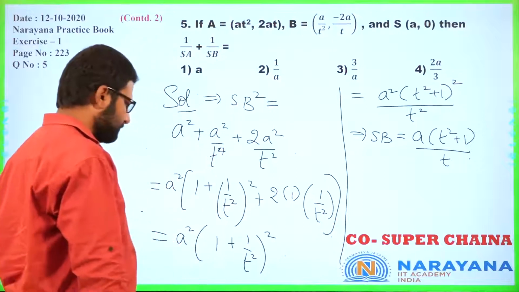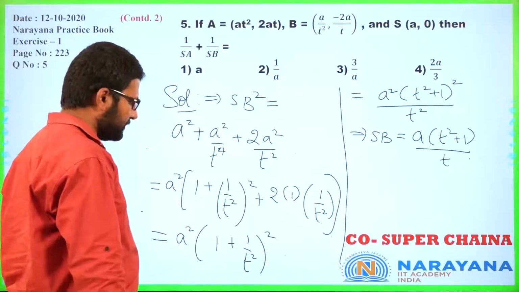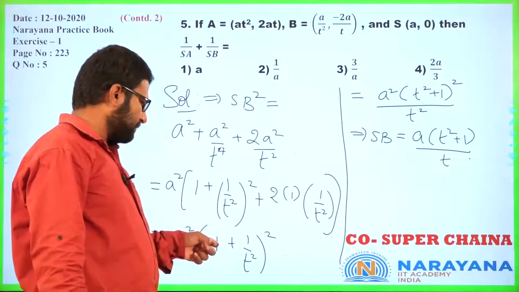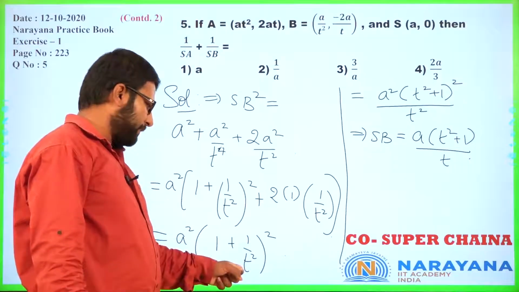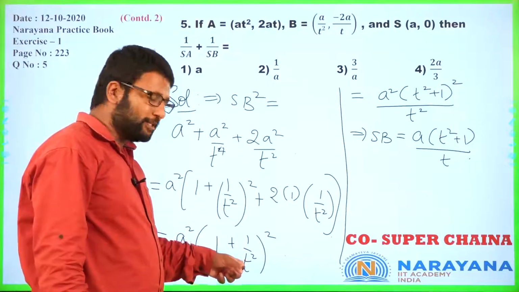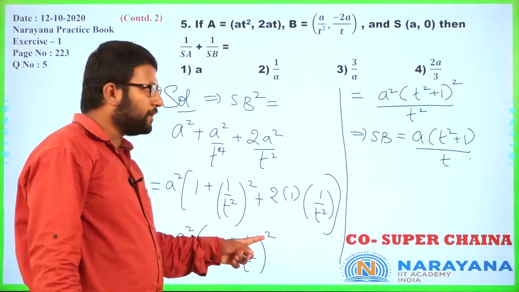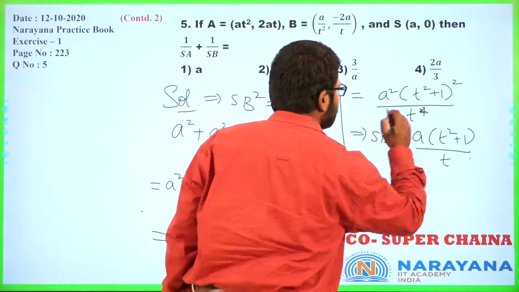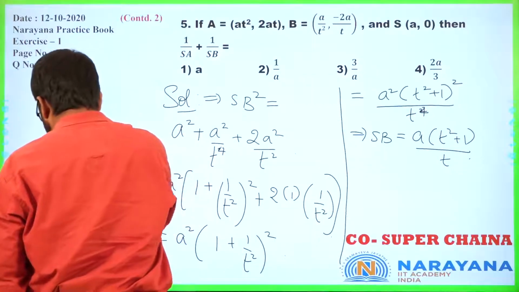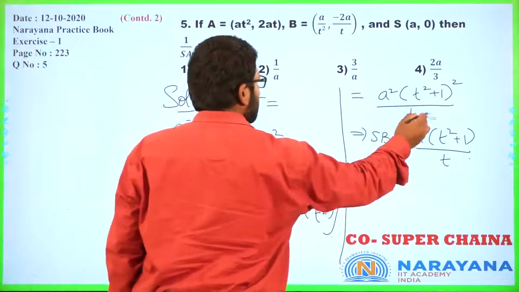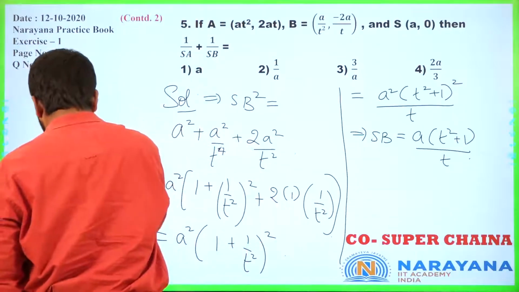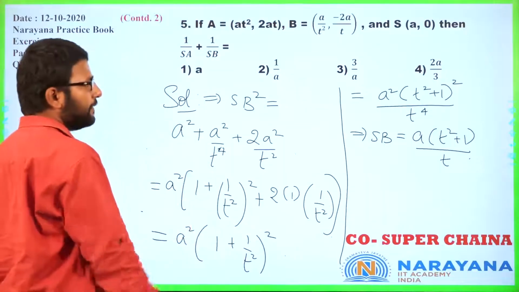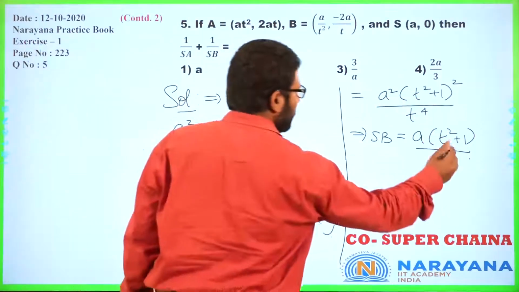Got it? I seem to have made a mistake. Observe what I did here. When you cross multiply t, this becomes t square plus 1 upon t square. But inside the bracket itself is t square and then there is a perfect square. Which means this power will actually be fourth power. Can you see that? This power would be the fourth power. Because inside the bracket there is a square and outside the bracket also there is a square. And so when you take square root, this becomes square.